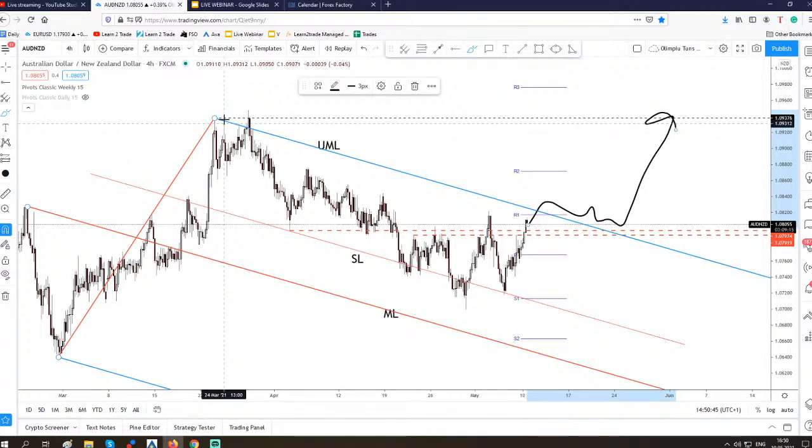If the price fails to reach the medium line, a valid breakout from this descending pitchfork body could signal further growth, maybe towards 1.0937, and when I get the confirmation, I will send you the signal